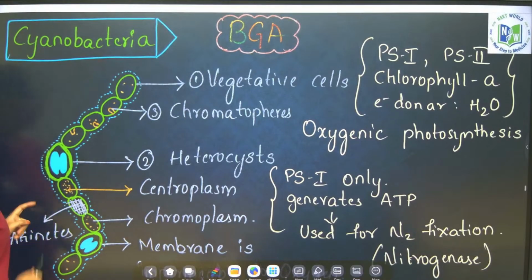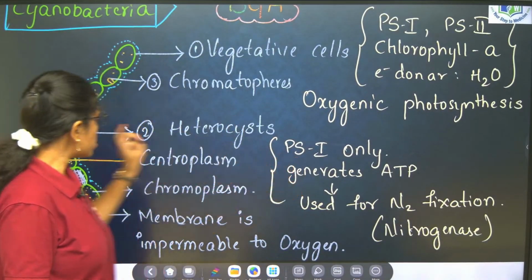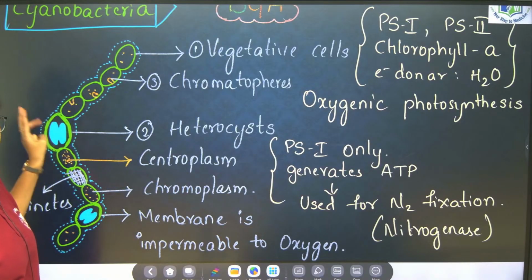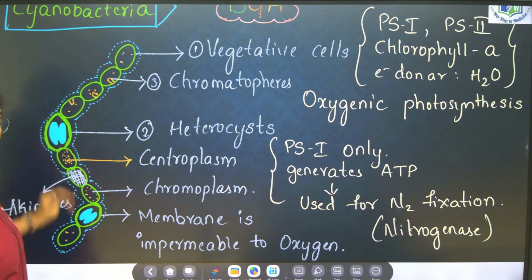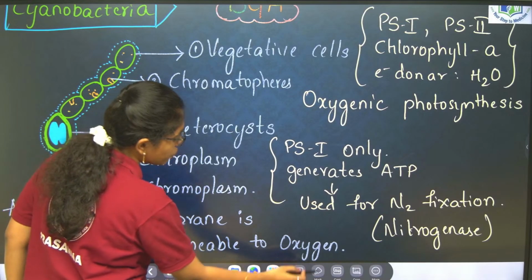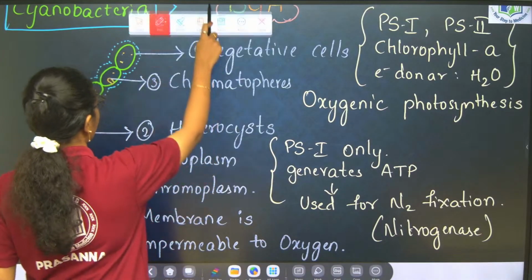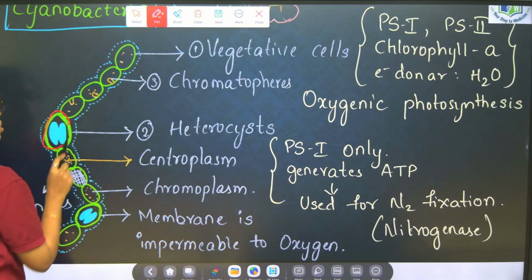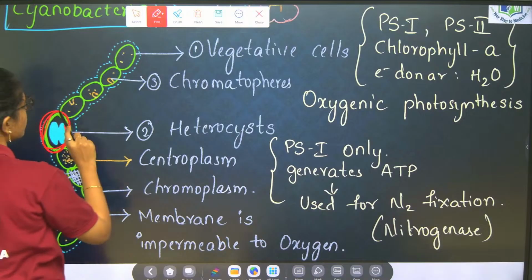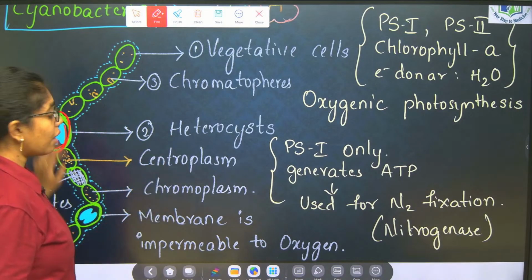Next is heterocyst. Heterocyst will have only photosystem 1. This will generate ATP, and this is used for nitrogen fixation. The walls of the heterocyst are impervious to gaseous exchange. And this is oxygen intolerant. Heterocyst is oxygen intolerant, whereas vegetative cells will conduct oxygenic photosynthesis. How is it? Because